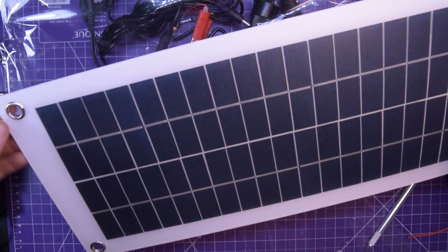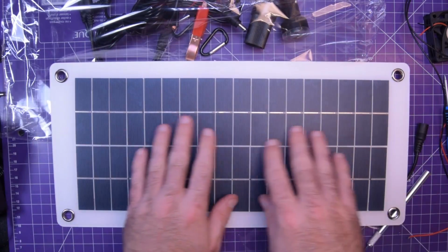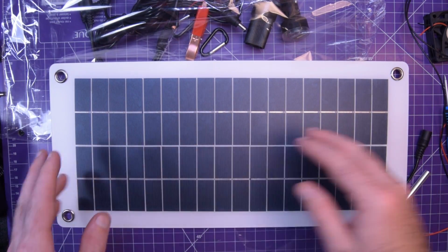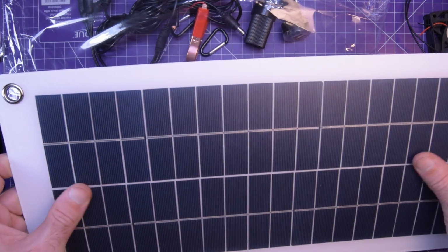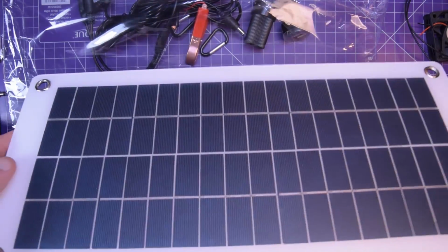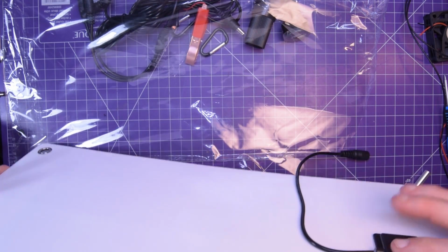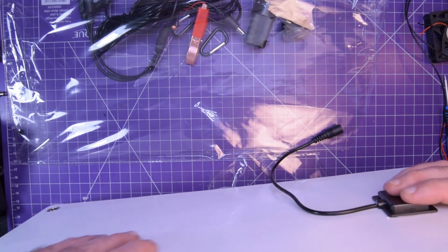And this is it here. It is a flexible panel. The glass, the coating looks frosted, so I'm not sure how efficient this is going to be. I know you're not supposed to bend it a lot, so I can bend it a bit, but not too much. It also has this box with the connections on the other side, so you can't actually put this flat